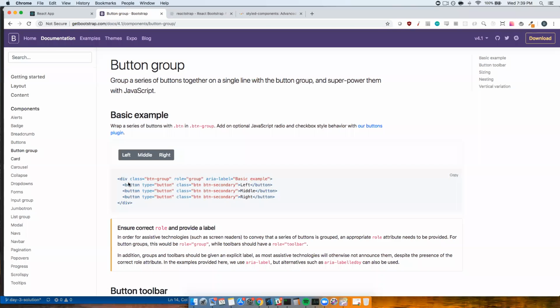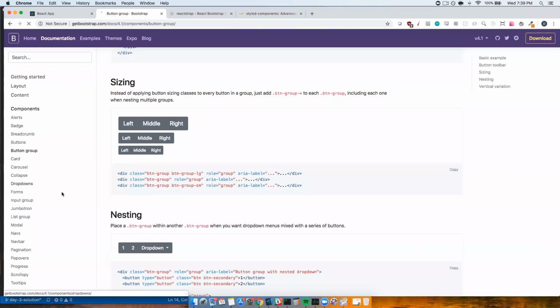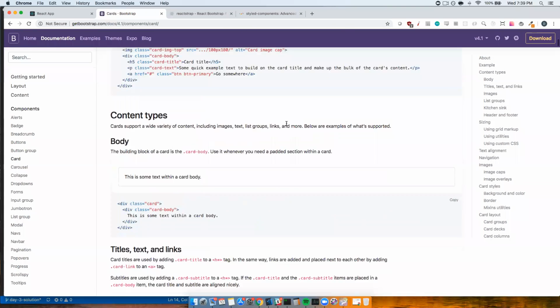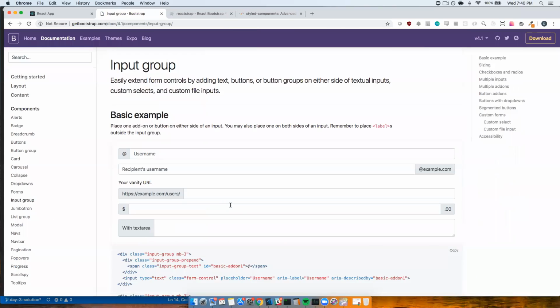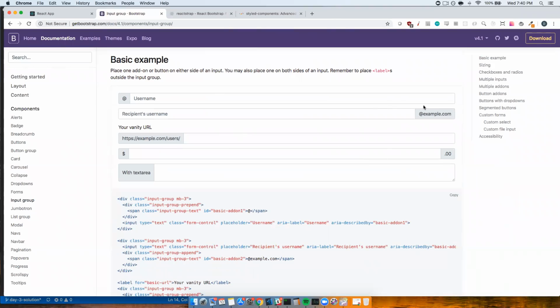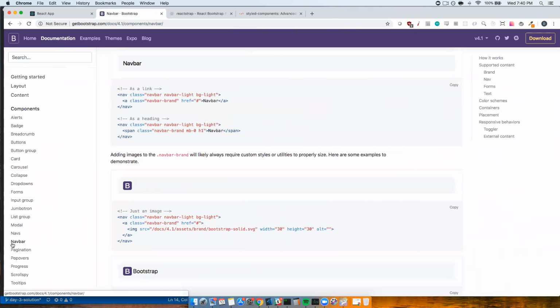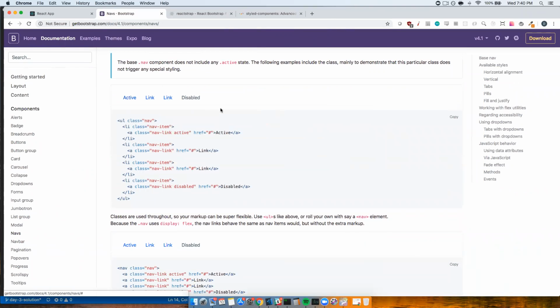So we can go button groups. There's all kinds of stuff on here, right? Here's our card. Look at this card. Inputs are great, right? It gives you these modals, carousels. Yeah, exactly. Nav bars. You know, so there's a lot of stuff to it. Okay, so Bootstrap is great,